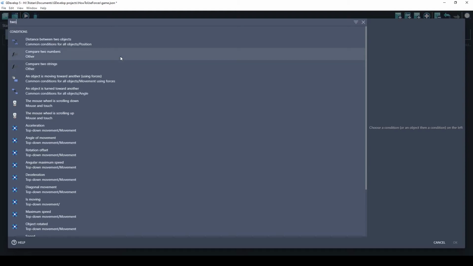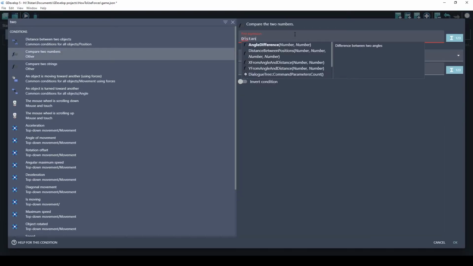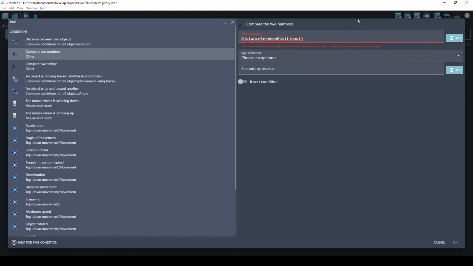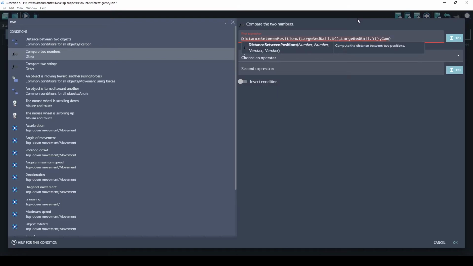Okay, let's try this expression. This is a very commonly used expression. It's called compare two numbers. And we want to know if the distance between positions, let's do the large red ball, X and Y, and then we're going to do the camera X, camera Y,